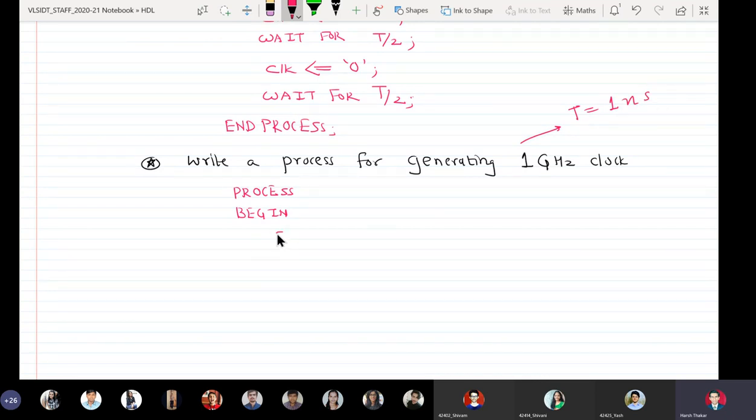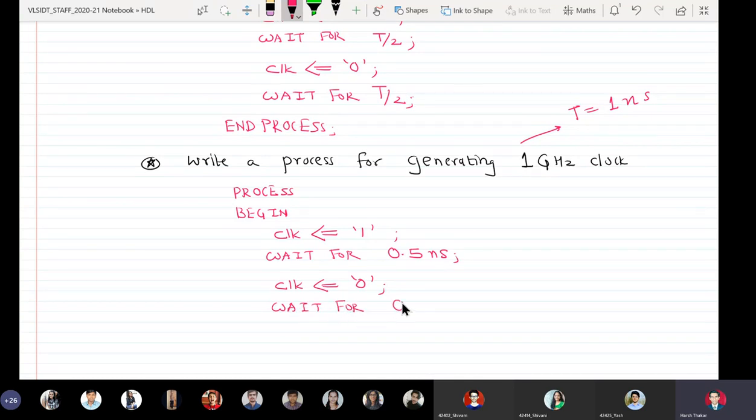So I will say begin, clock is assigned single tick 1, wait for 0.5 nanoseconds, clock is assigned logic 0, wait for 0.5 nanoseconds semicolon, and end process.